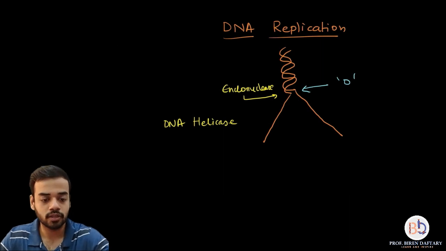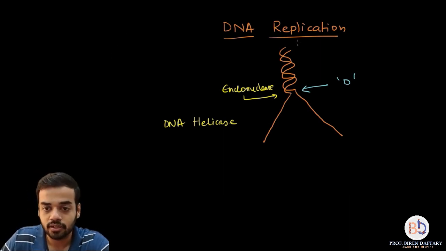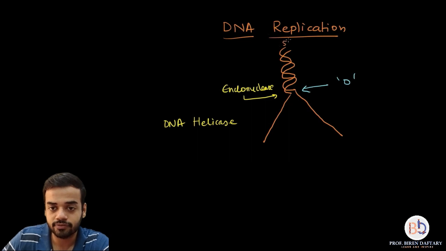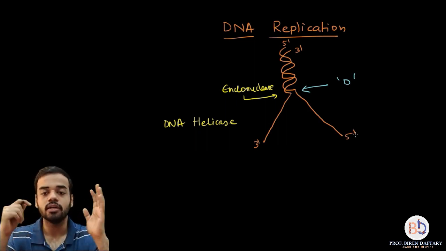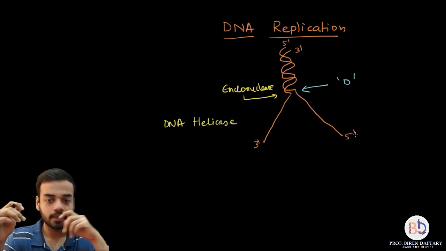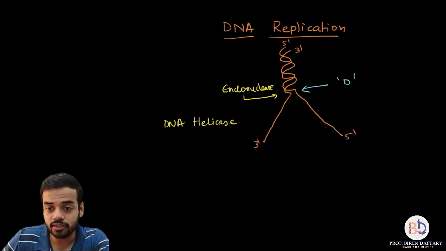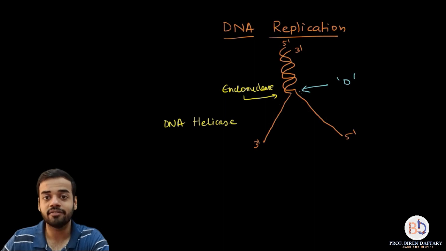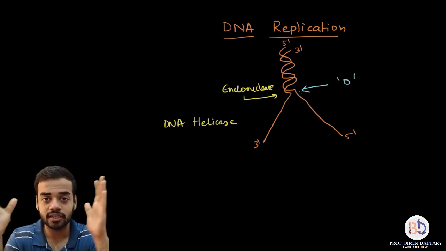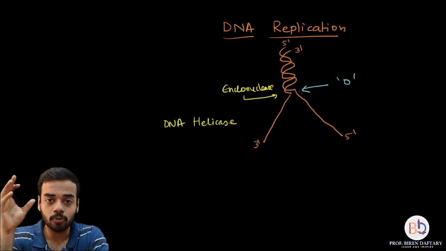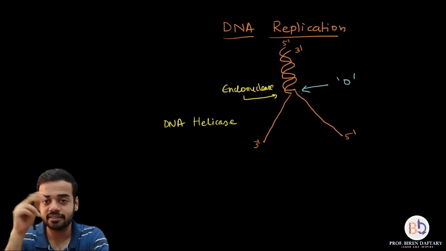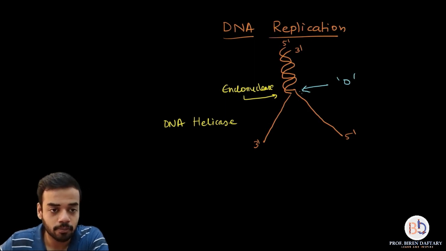Now first of all, let us label the polarities of the strand. This first strand is 5 prime to 3 prime, and this next strand is 3 prime to 5 prime. They are anti-parallel, having opposite polarities. Now what is the next step? Now what is going to happen is, both these strands have complementary bases, so they will go and again stick to each other. And to prevent that from happening, the proteins which are used are called single strand binding proteins.